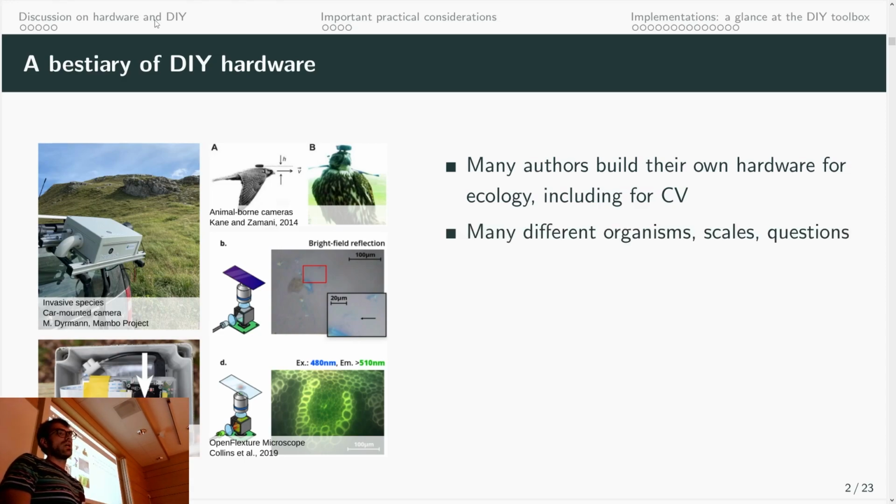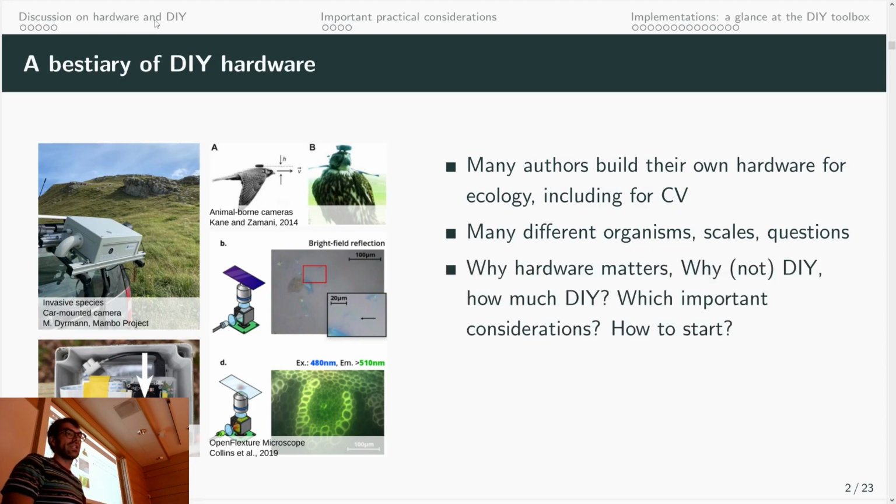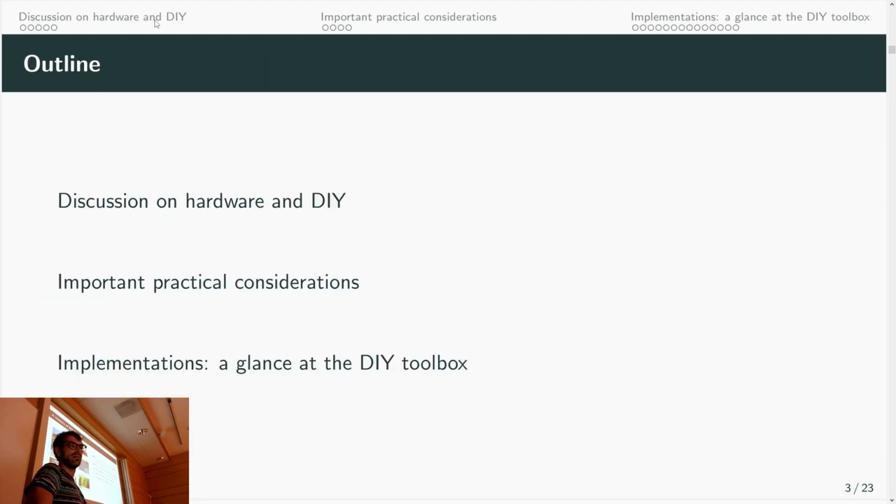So altogether, DIY hardware seems to have tackled a lot of different scales and organisms, different kinds of questions. And yet today we'll start with a discussion, a quick one hopefully, on why do we want to build DIY, why sometimes we want to avoid it, and what are the considerations, how do we start? So we'll go through the discussion and we'll conclude with kind of starters on implementation, on things you can do next week if you want to get started on building your own